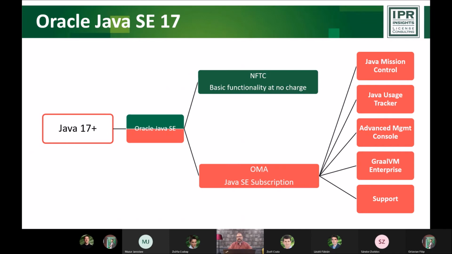And in my experience, very few, if any, companies use these fancy features. I mean, Java Usage Tracker would be nice to have for free, because it would help customers in their compliance efforts. It would be a great help in identifying the usage that exists on the various computers, and you could have a definite picture of what you have.